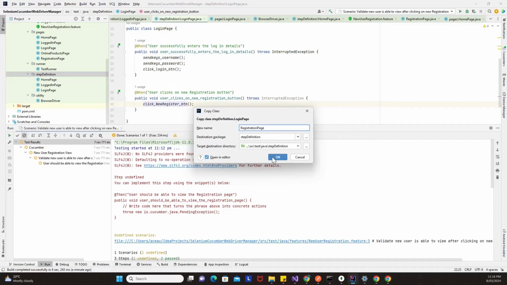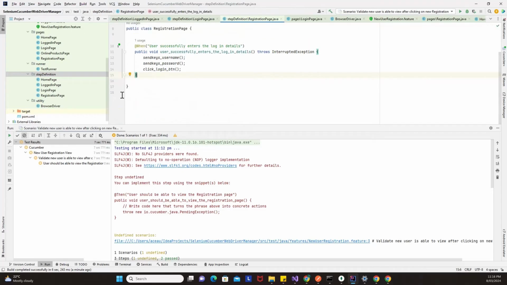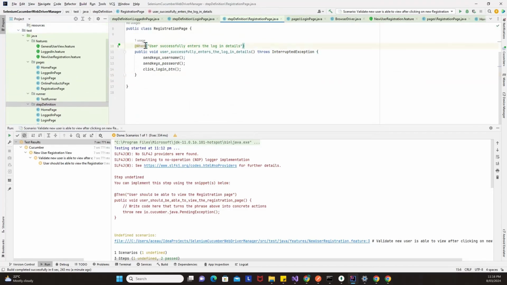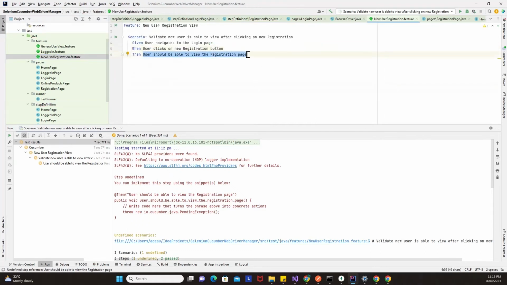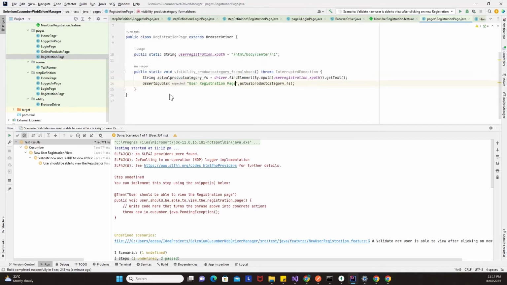And I'll just click on OK. And I'll just modify this then statement as such so that it matches with our feature file. I'll do an import class. I'll copy the statement so that it's kind of matching. Alright, so once that is done, I'll go to registration page, copy this particular method,